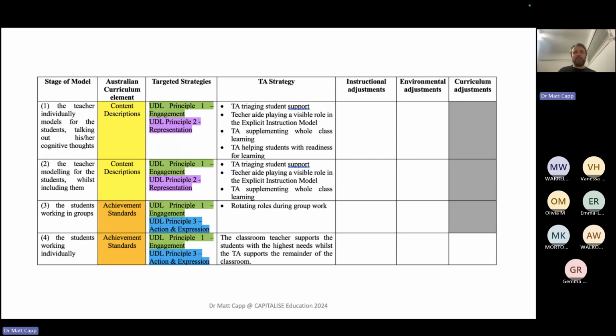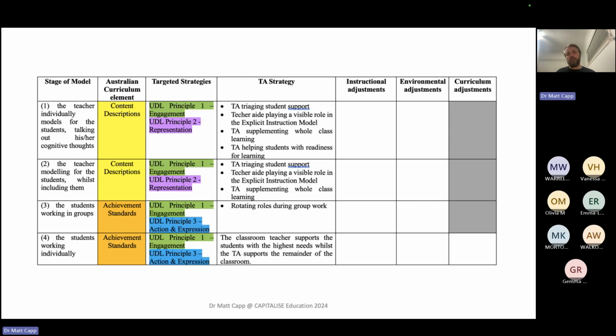The final thing we're going to have a look at today is these first 4 columns are really focused on that tier 1 support, universal design for learning, support quality differentiated teaching practice. But we know that there are kids in our classes who need more than universal design, and that's where our adjustments come into play. So when we've mapped out our individual students, so we've worked out their characteristics, strengths, and functional impacts, and we've identified specific strategies for them, we can then put them into our adjustments, our instructional, environmental,